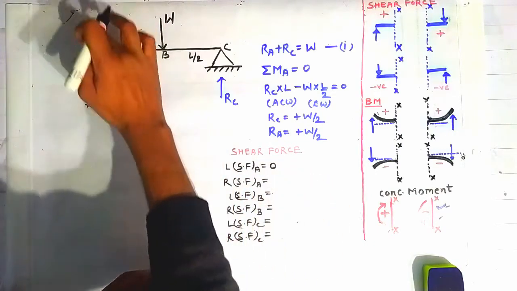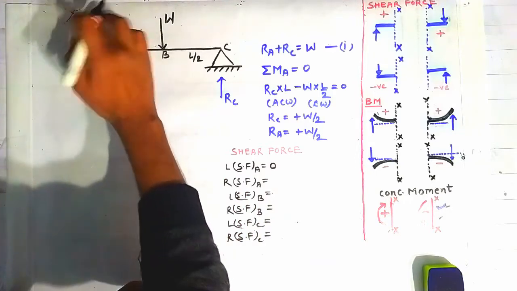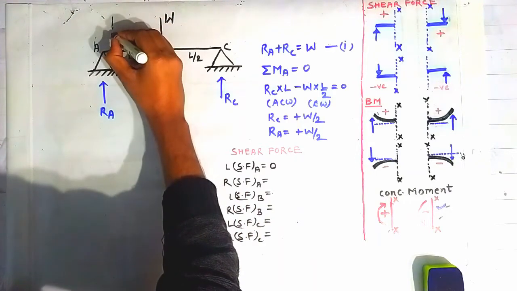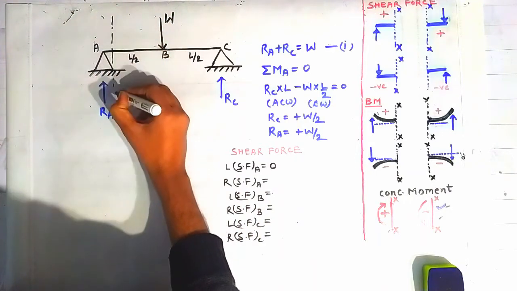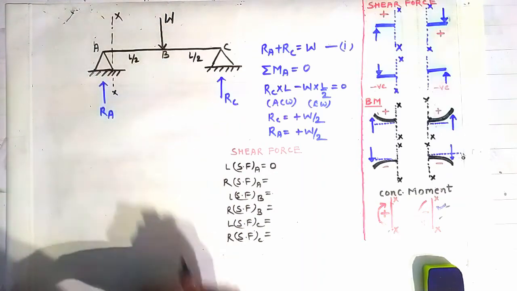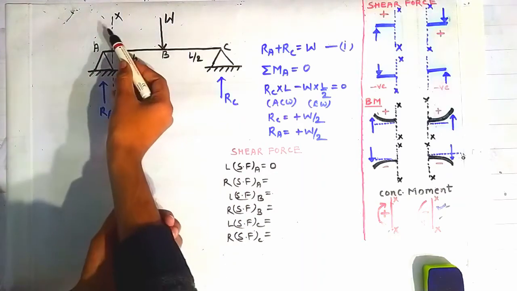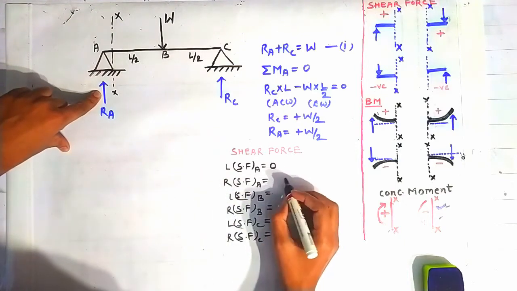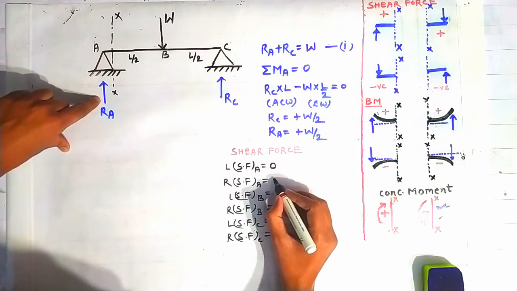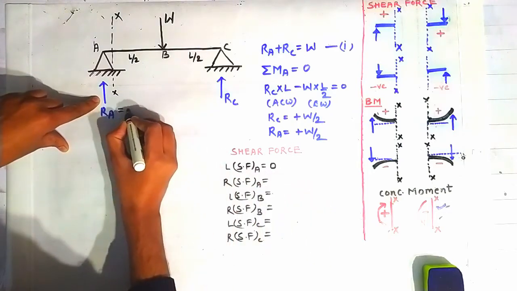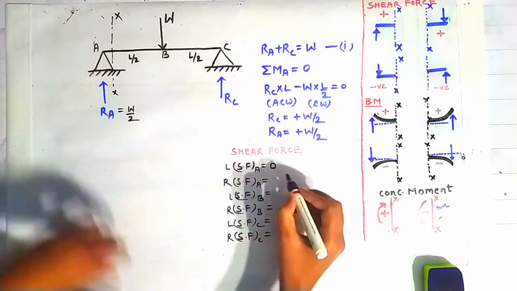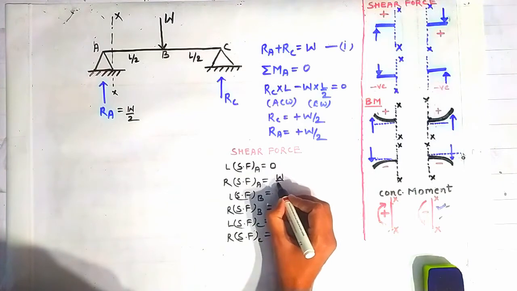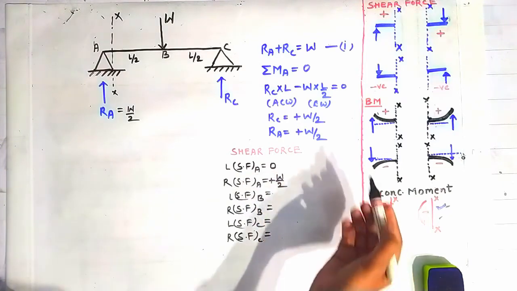And now the shear force on the right side of the point A, again follow the same procedure. Draw a section on the right side of the point A. This is the section XX drawn on the right side of the point A, and looking on the left side of this section, you can see that this force is contributing toward a positive shear force of magnitude RA, and RA is equal to how much? W by 2. So it will contribute toward a shear force of W by 2 having positive magnitude using this